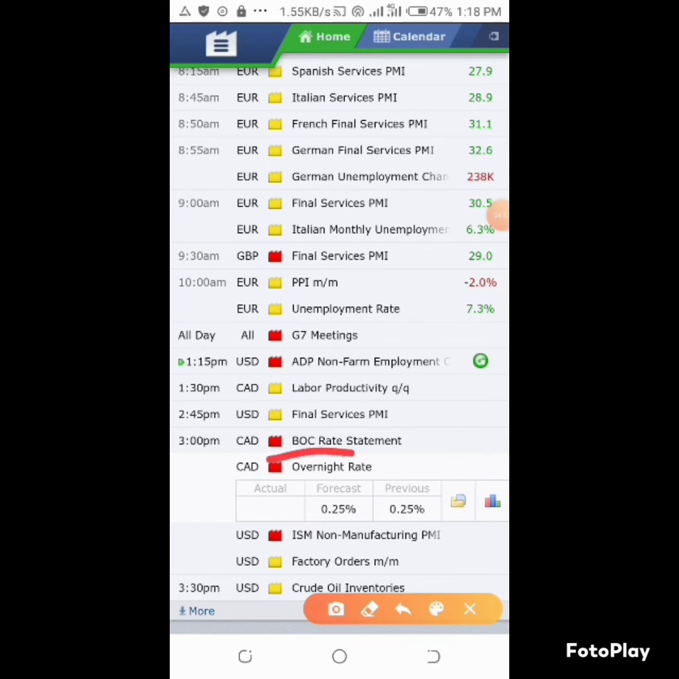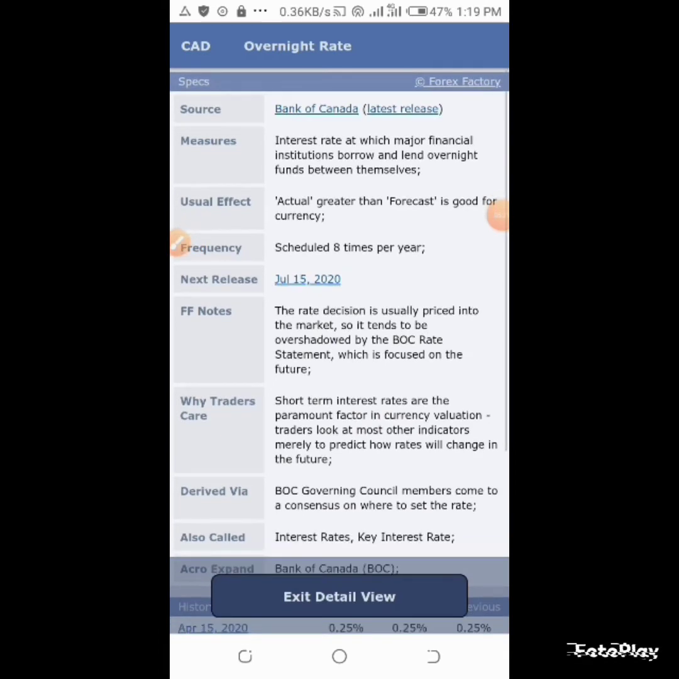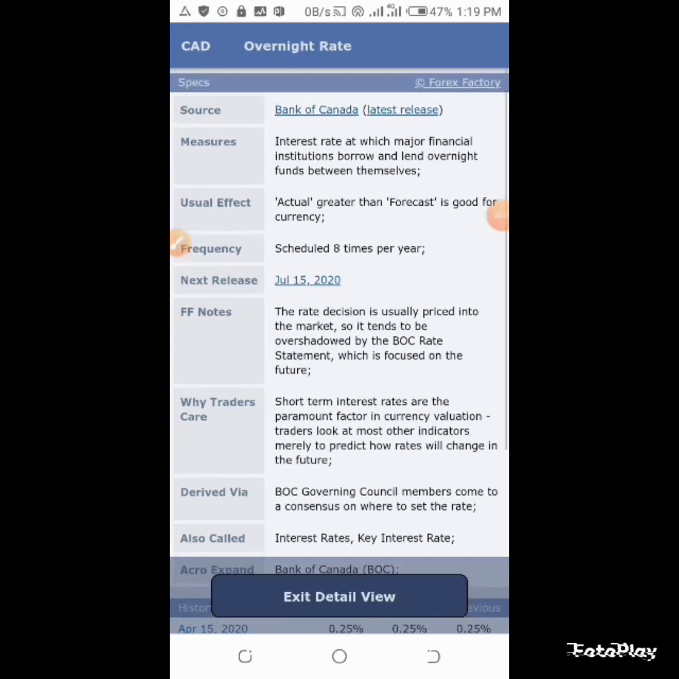Okay, so after you've read about the news, you click on this exit, and then you can go back here. Normally, if there's data, you see an icon at the side. Like this one, I just clicked on card overnight rates. This is it. They are forecasting that the rate for overnight interest is going to increase to